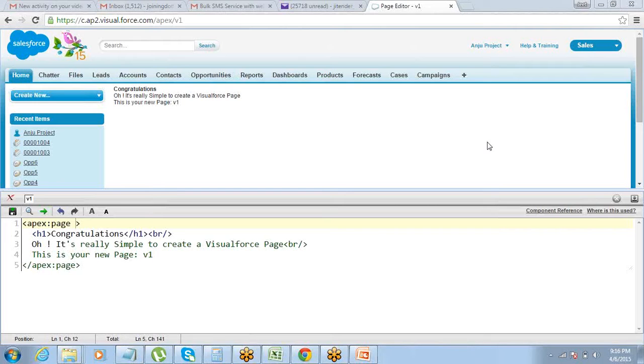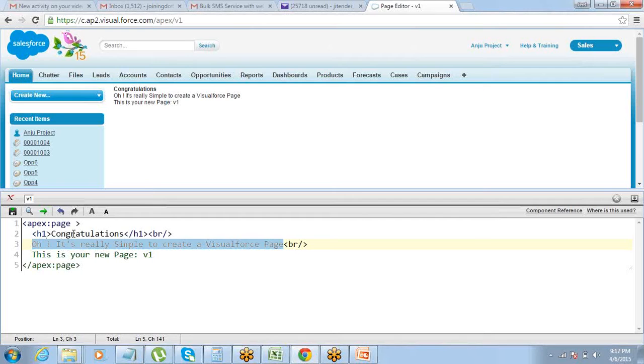Got it? So there is a difference between, see again, please don't confuse things with the markup and the component. Markup is whatever is there on the page, that is markup. Like I have written this line on the page, right? This is markup, something which appears on the page, but it does not use any Visualforce component. Is it using any Visualforce component?